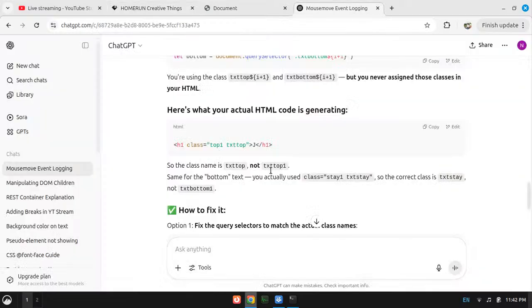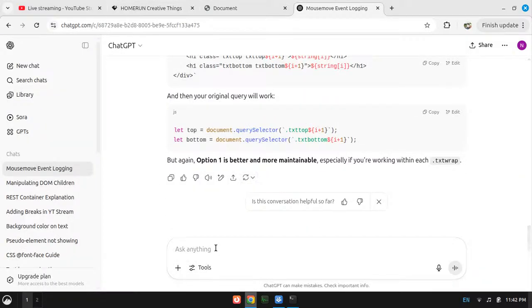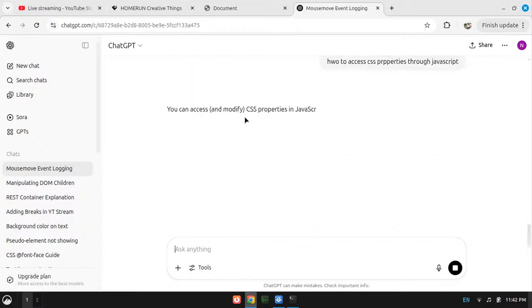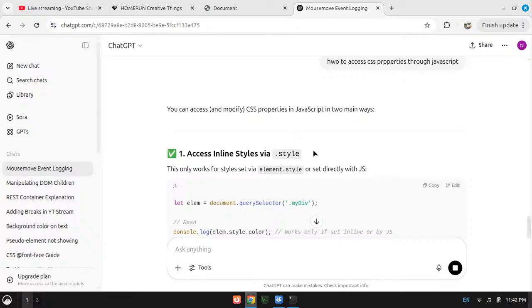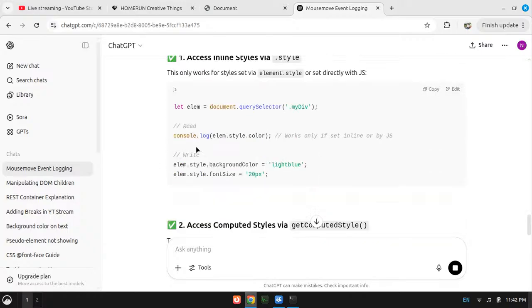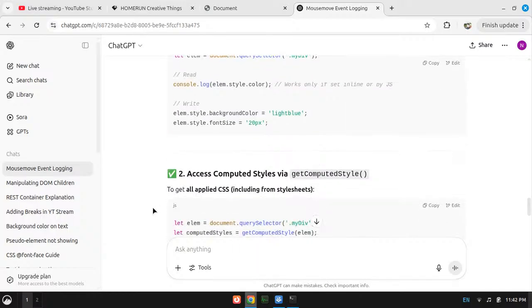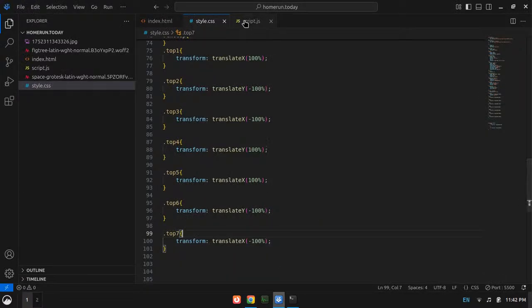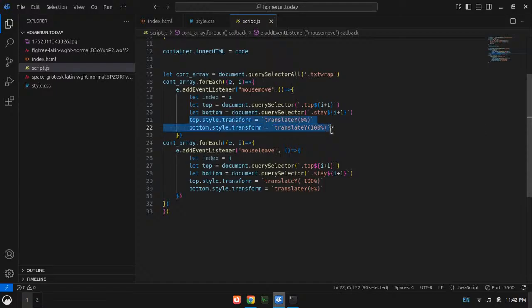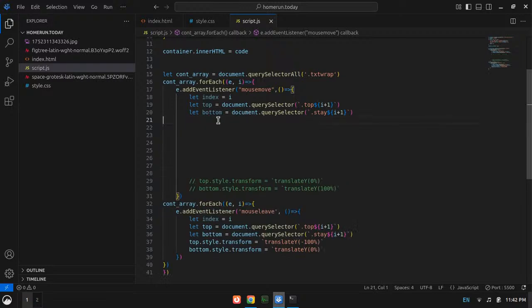Now I need a way to access these CSS properties through JavaScript. Just leave it away for now, just comment it down so I don't forget what I wrote.